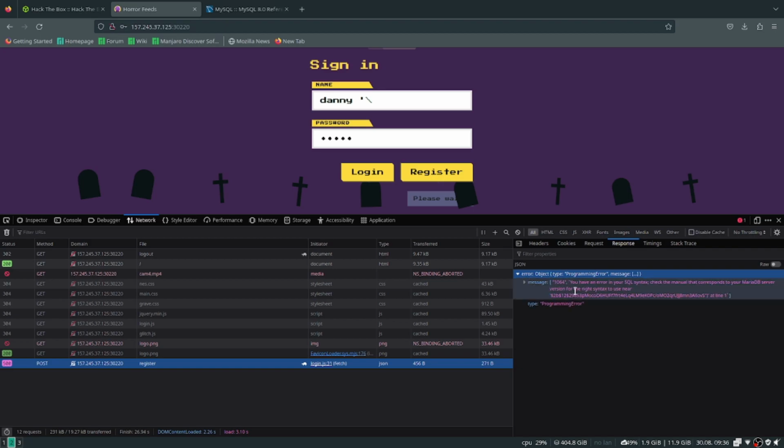We get a JSON error. You have an error in your SQL syntax. Check the manual that corresponds to your MariaDB version for the right syntax to use near. So let's see right here. Password hello. So what we could do is register as admin, and with that we're able to update the password, because right here it prints out our password for hello, so we could just copy this. This is hello but encrypted with that password. So if we copy this and just resend it,